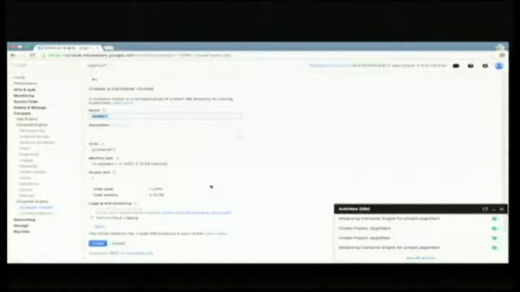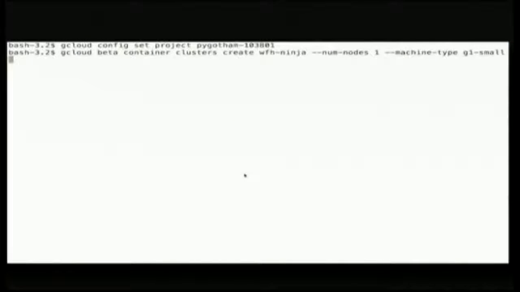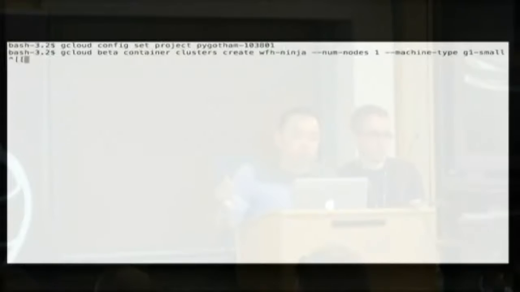So you'll see here that the settings that we might have in this particular thing are actually similar to what we just set up in the console. And it'll even show us the command that we just put together in order to run it. So this will take a little bit of time to run and set up the cluster for us. But while it's going, we can talk a little bit about how we're actually going to manage that